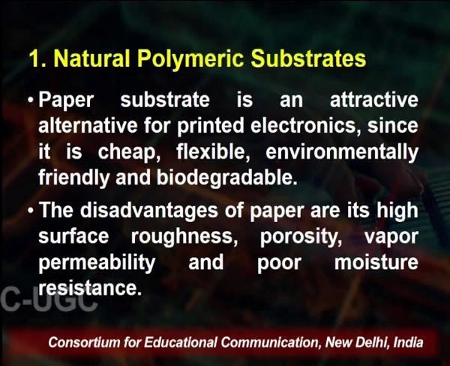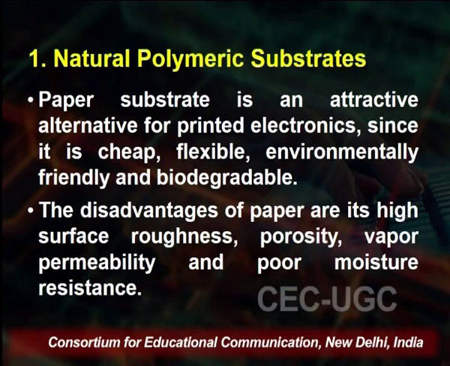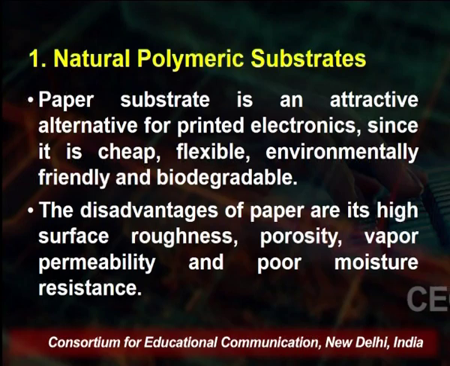The disadvantages of the paper are high surface roughness, high porosity, vapor permeability and poor moisture resistance. So the properties of paper can be improved by coating or laminating. So we prepare an electronic gadget by using the coated paper or the coated PET or the polymer. Another suitable natural polymer substrate is nanocellulose, which possesses properties such as high transparency,